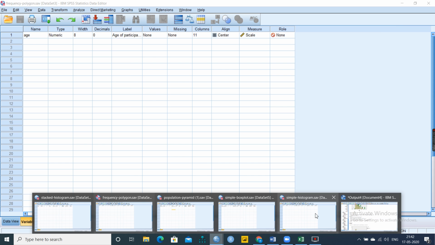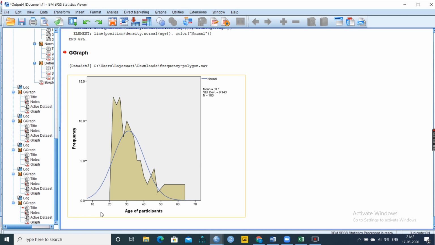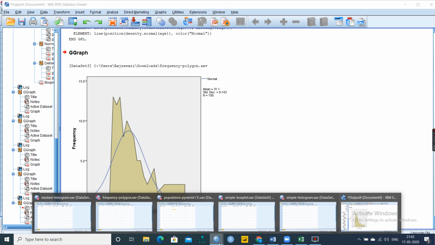We'll get the output, and that output is also not normal. So this is the frequency polygon.